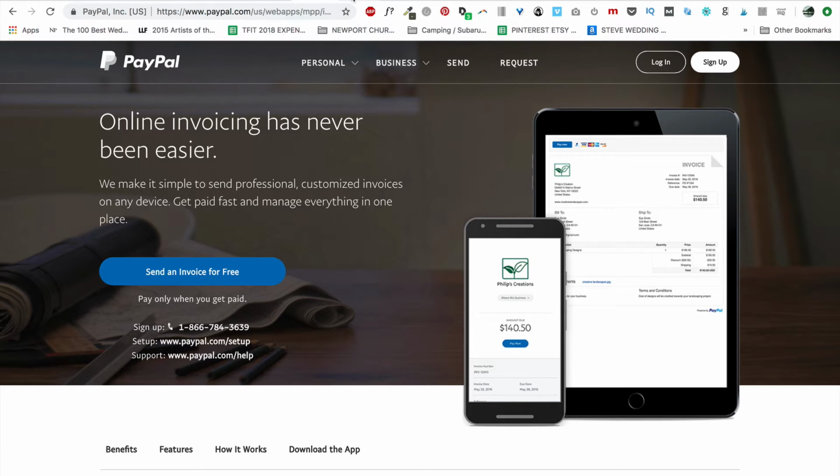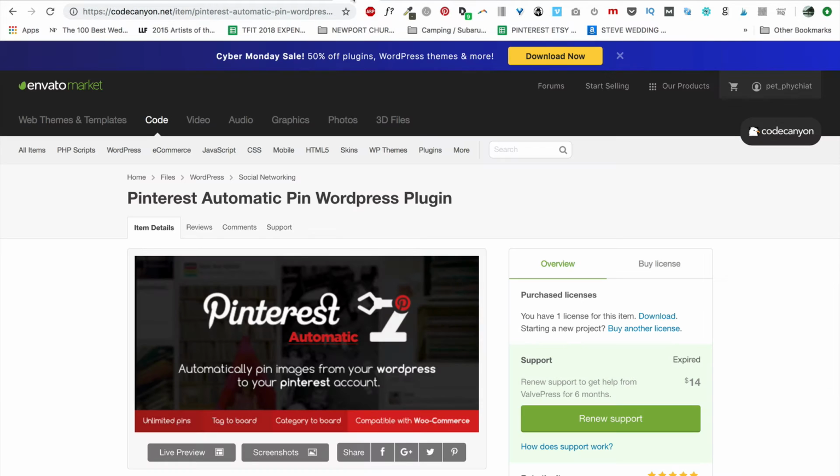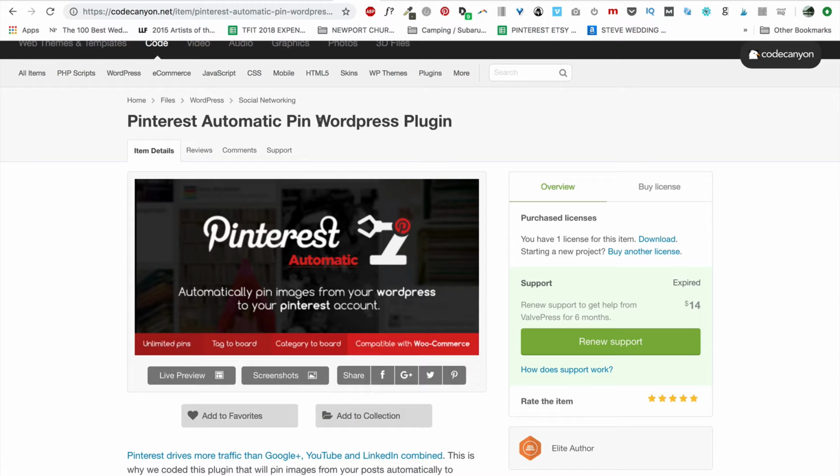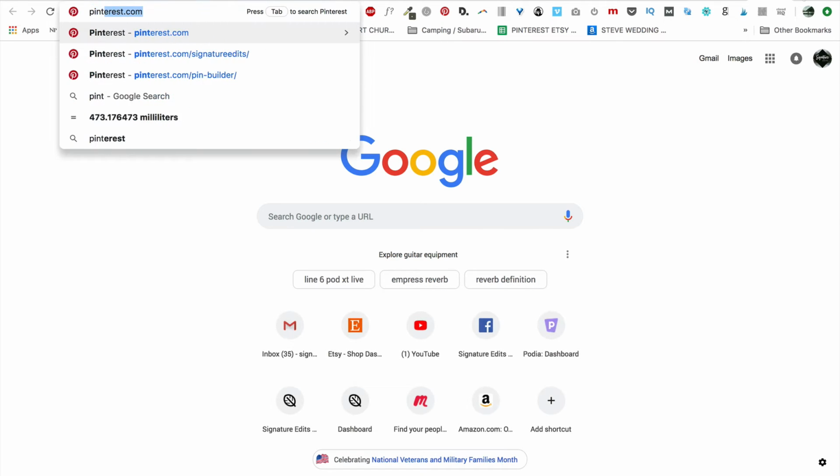Okay, moving on to productivity tool number 9. We are moving on to the Pinterest Automatic Pin WordPress plugin. Now this one is a little more specific if you're using WordPress for your website, which I overall suggest because it allows you to have a lot of control, customization, and we'll see one of our other tools here also uses WordPress. Pinterest Automatic Pin changed my Pinterest life because Pinterest, if you are using it as a photographer, which you probably are,